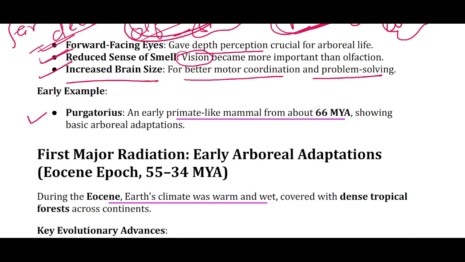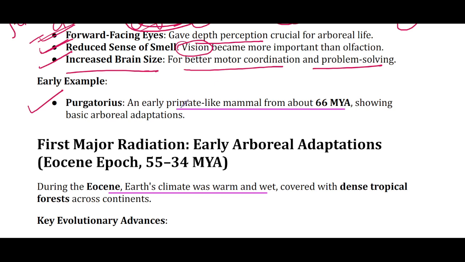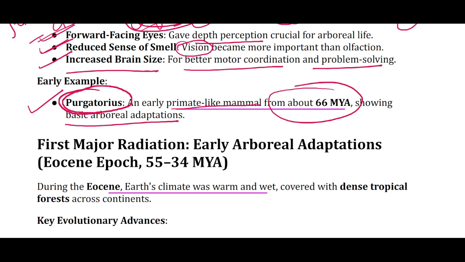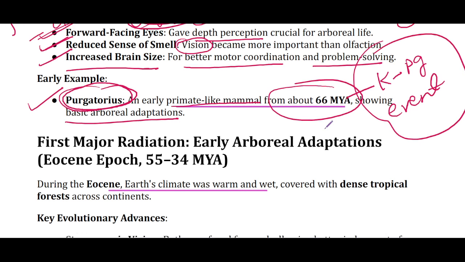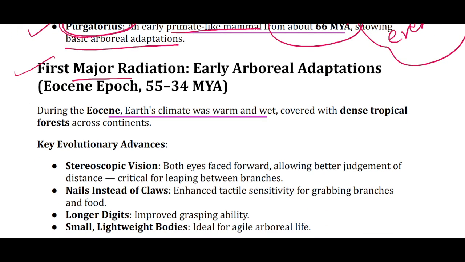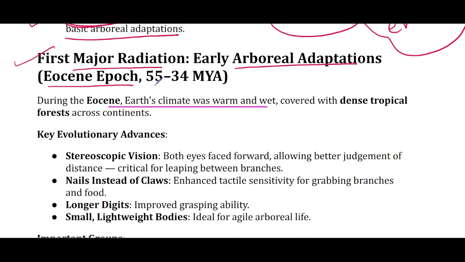Now the earliest example, Purgatorius, an early primate-like mammal from about 66 million years ago that showed basic arboreal adaptation. So this Purgatorius might be the ancestor of all the primate stock that we see today. And 66 million years, as I have told you, is the boundary of the KPg event, Cretaceous-Paleogene period. Now let's have a look at the first major radiation, early arboreal adaptation in the Eocene epoch around 55 to 34 million